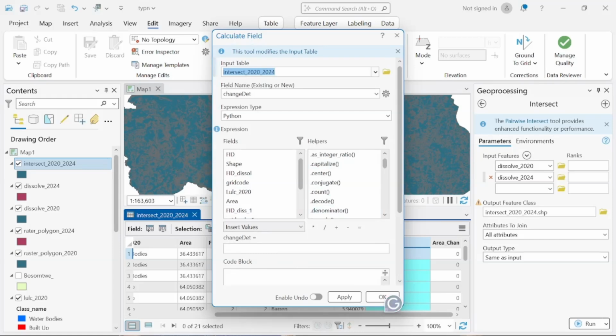So we are using our change detection here, and then this one we are using land use land cover 2024, and then our land use land cover 2020. We are not using the dissolve field, we are using land use land cover 2020 and then land use land cover 2024. That's the original layer that we created. So the first layer we are going to choose is our land use land cover 2024 here. Then we are going to type plus